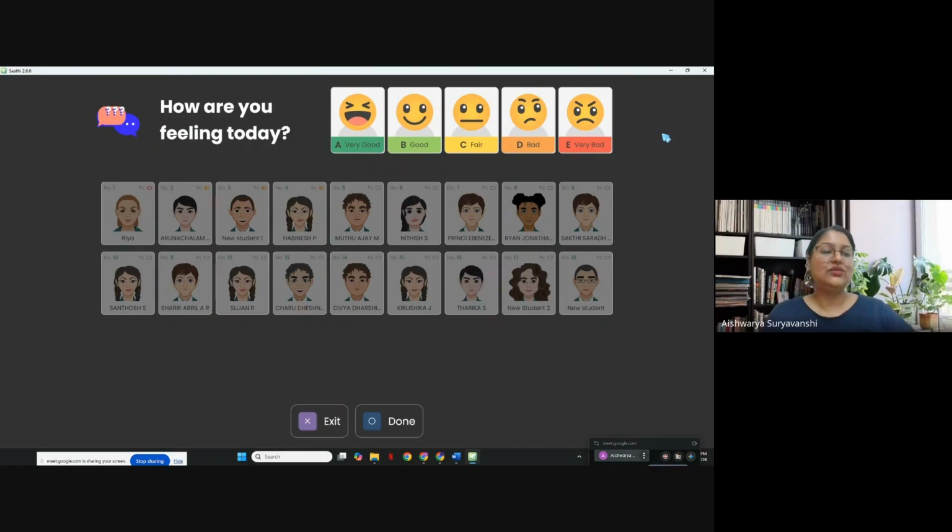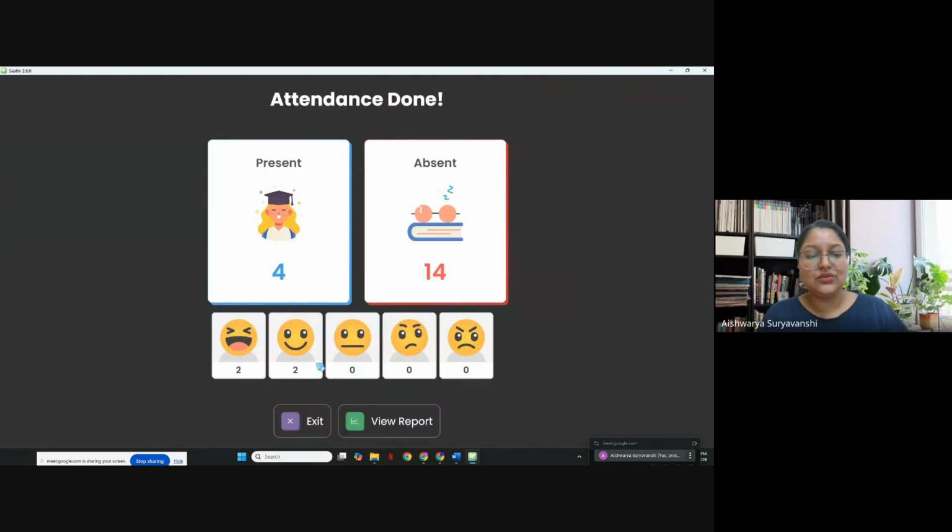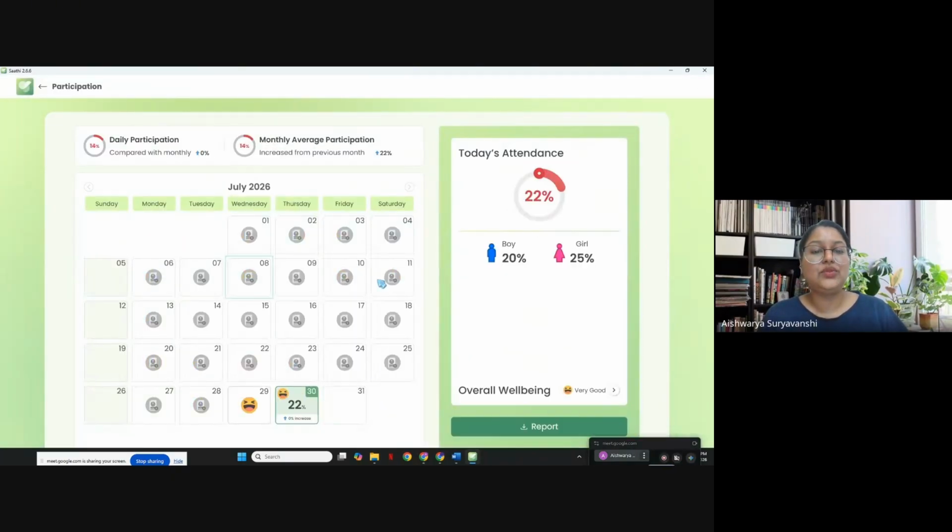So the students can use their student clicker and answer. And when they do that, the teacher immediately gets the attendance also, and they will be able to see who are the students absent, what is the mood of the student. So you'll get a report like this as well. Okay, and you can download the report too. So that's how it works.